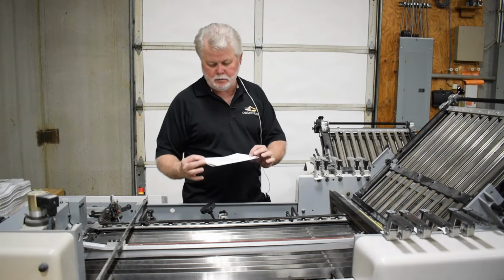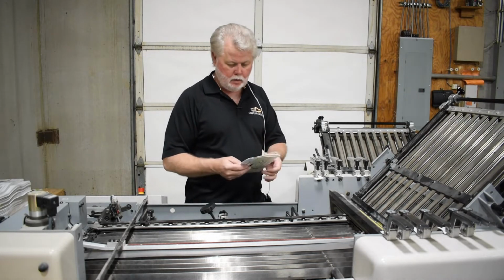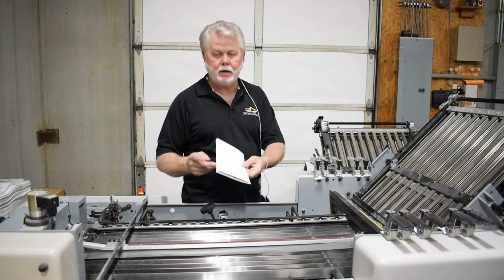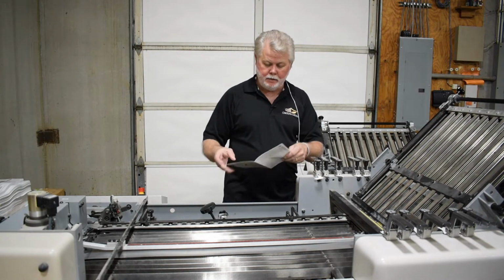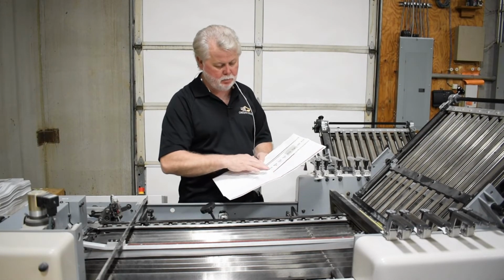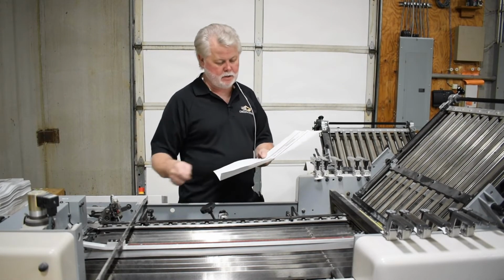And I know you've seen stuff like this come in the mail, but this will be going out in the mail. We'll inkjet it and do all that. But it's a little bit different. This one here actually has had a little perforation placed into the sheet so this piece can get torn off